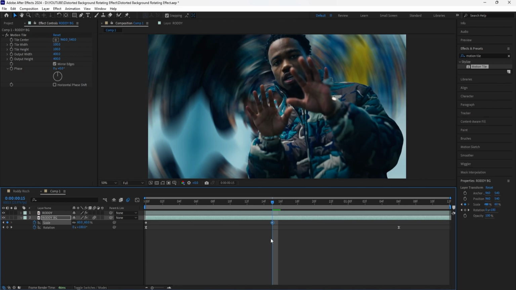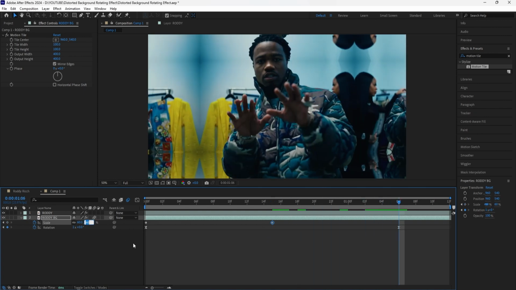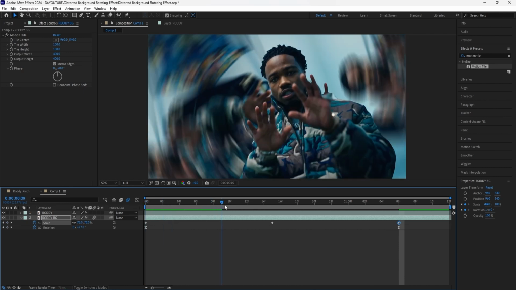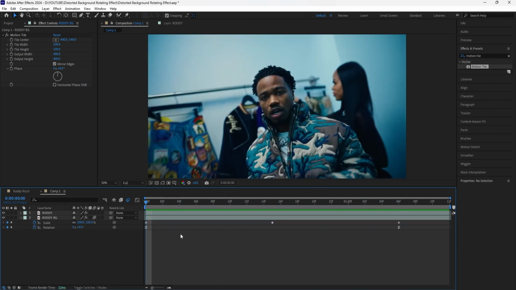this little zoom out effect, and then go towards the end and keyframe it back to 100%. So it creates this little zoom out effect and zooms back in. It's pretty subtle for now, and it will be a lot more noticeable as we continue with this effect. And what we're going to do is grab those keyframes, Easy Ease, and in order to actually make this smoother,